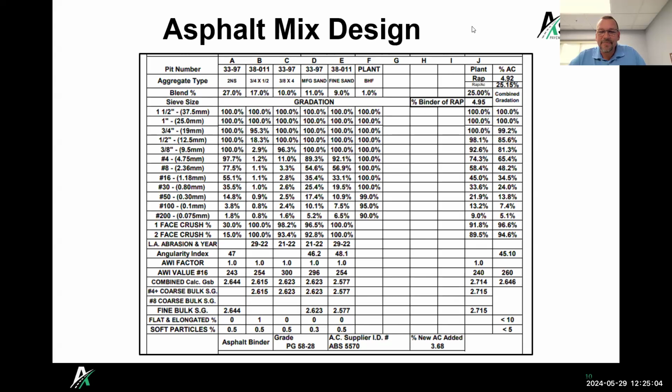I'm not aware of anything being used for salt or added. I mean, salt in that doesn't really cause a problem with asphalt mixtures. If you did have an application where you needed to do something like that, I would assume that would be added into the liquid asphalt itself, just because there's not a lot of other ways to add other liquids into the asphalt plant. Yeah, exactly. It would show up as a separate column on there. There'd probably be a note on your liquid asphalt supplier.